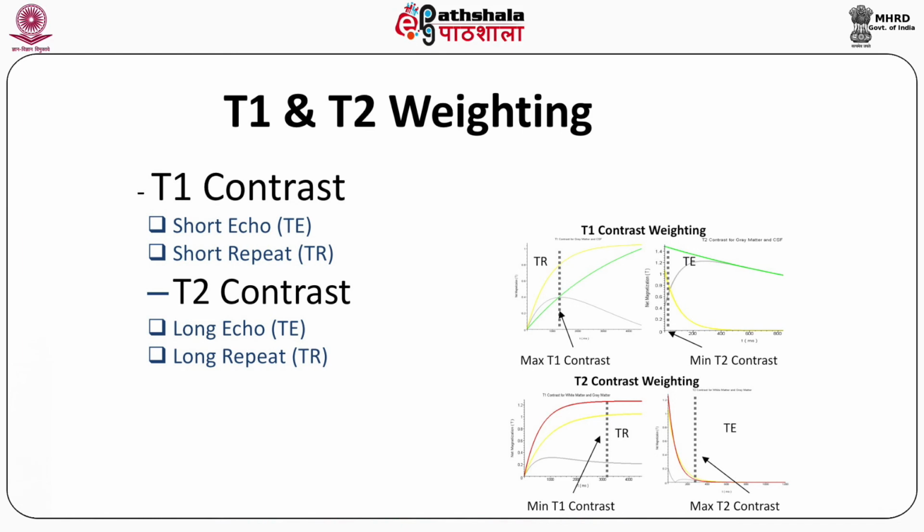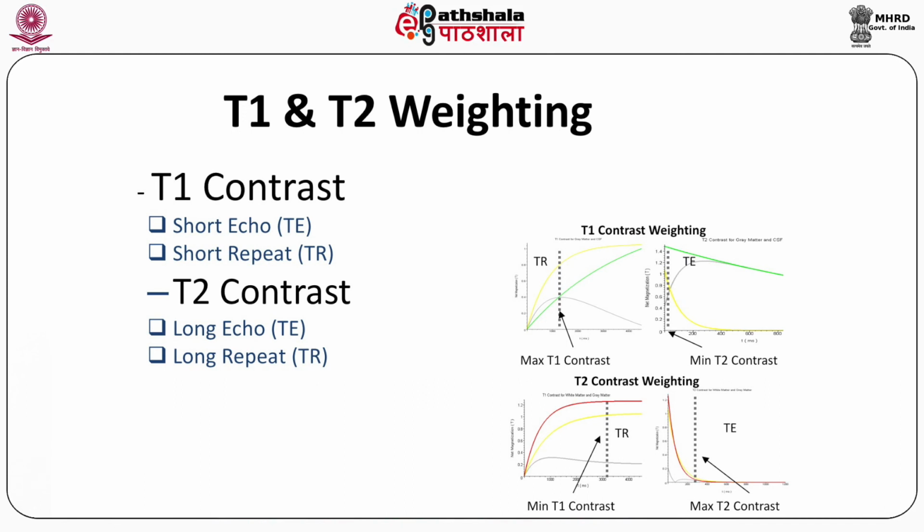Short TE is 10 to 30 milliseconds, and long T1, you can see in this one the longitudinal T1 weighted image. This is achieved by using short TR and short TE. On the other hand, the T2 weighted image, you can see in this figure, is obtained by using long TR and long TE. So the tissue having long T2 will produce more signal as compared to the tissue having